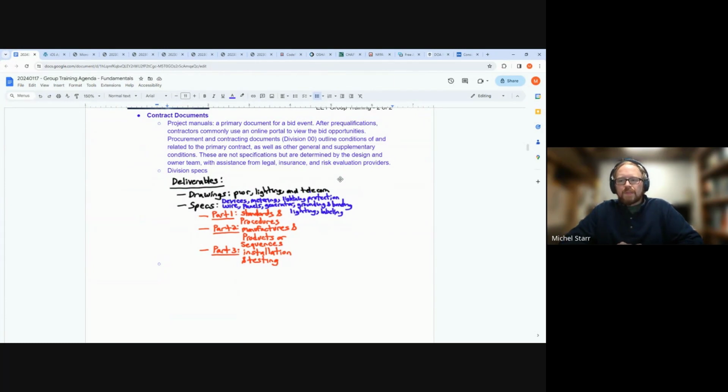as published by the Construction Standards Institute, CSI, which is most predominant, I believe, in North America. And they have a format that's 3 parts. So when you open that narrative like Word document, or PDF if it was received in a project, the standards that the product's work result is what is the